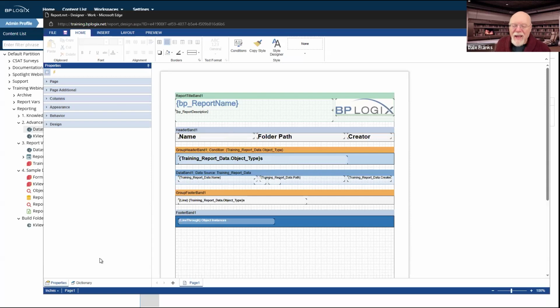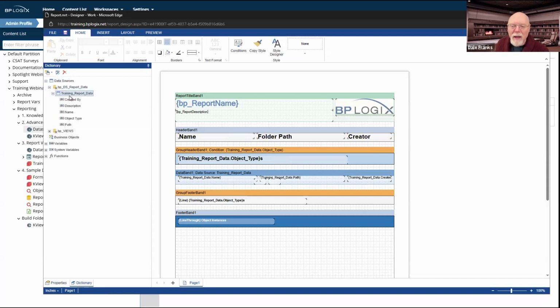However, in the data source itself, if we go back and we look, there is my training report data. If we look at the object type, that has the little ABC icon. That means that it is already a text field. It already says either form instance or process timeline instance, but it actually says it in text.